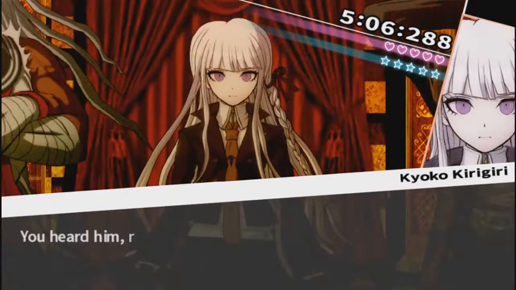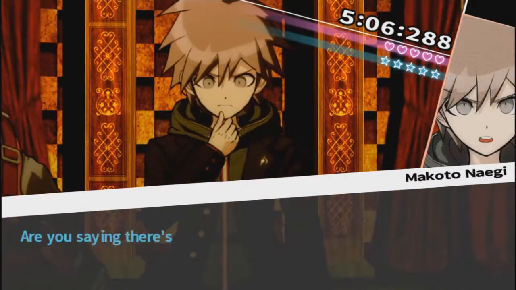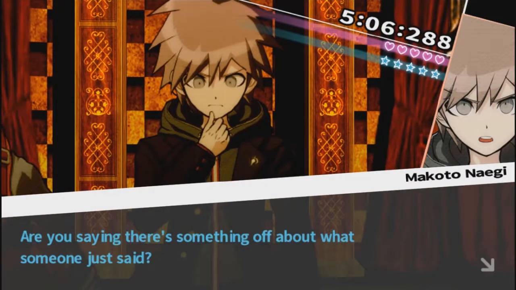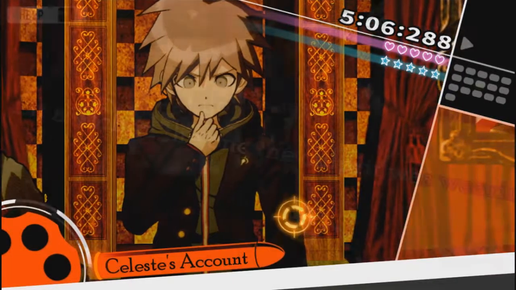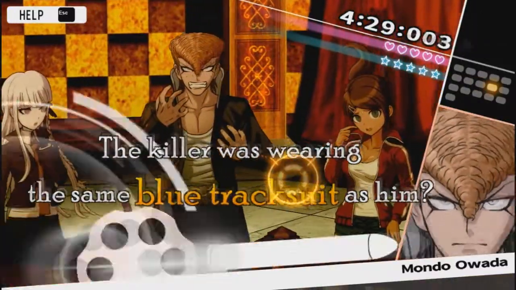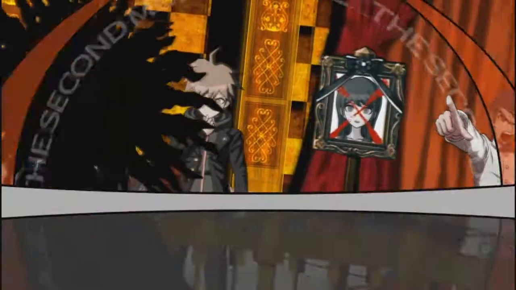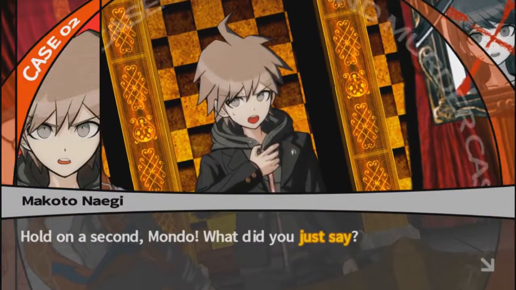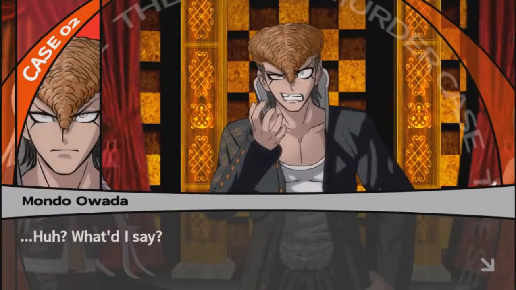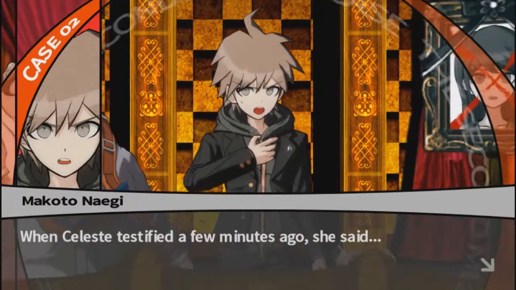You heard him, right? What he just said without even realizing it? Are you saying there's something off about what someone just said? Yeah, there is. So, what you're saying is, the killer was wearing the same blue tracksuit as... How do you know the color? Hold on a second, Mondo. What did you just say? Huh? What'd I say? When Celeste testified a few minutes ago, she said...